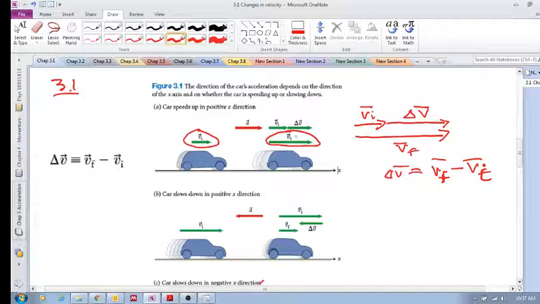All right. So now what you notice here, guys, is that there was quite a bit of waffling there that I just carried on with. But what you noticed is that the delta v, if v final is